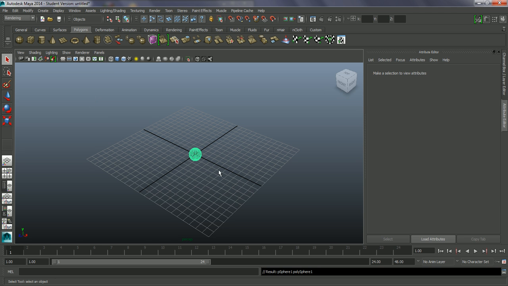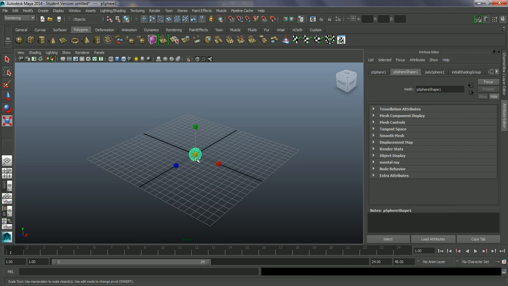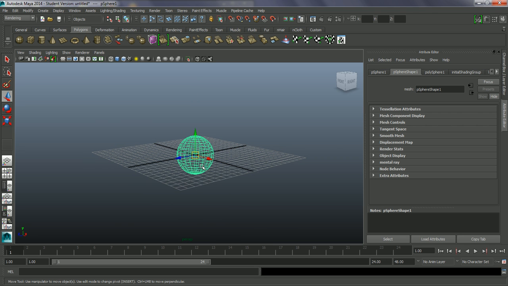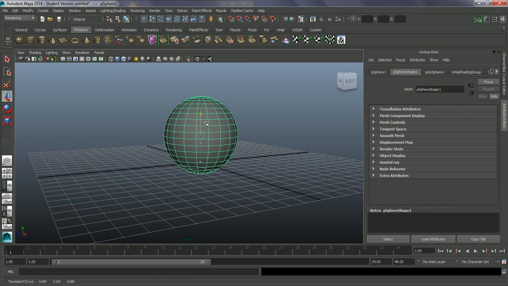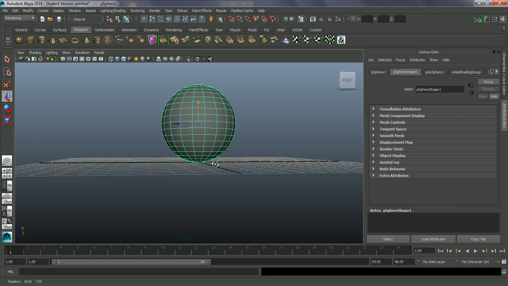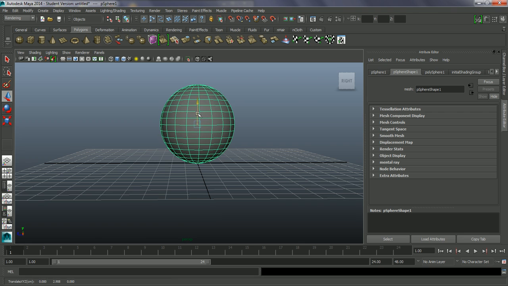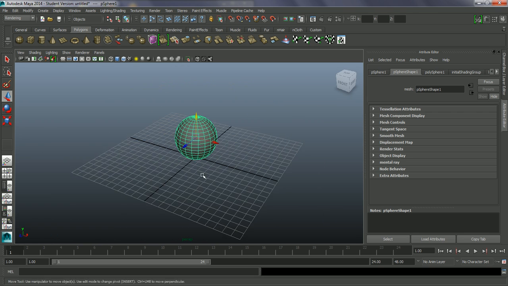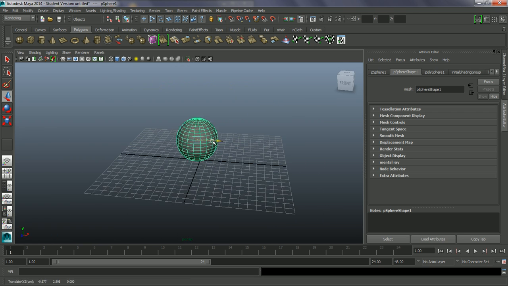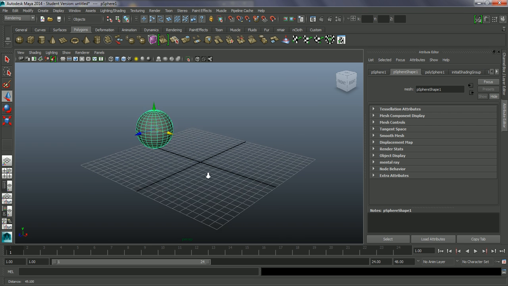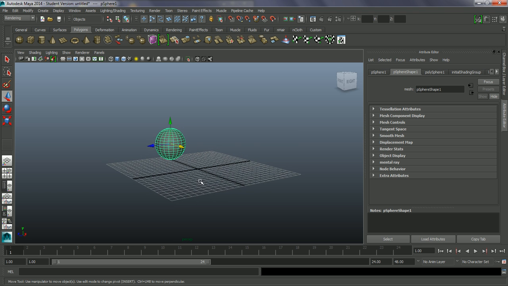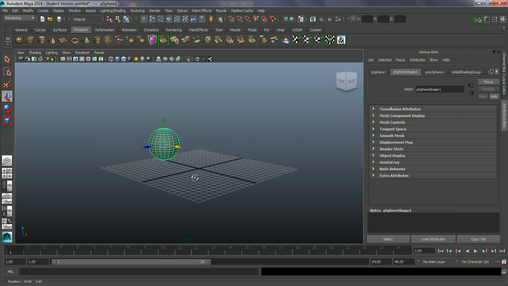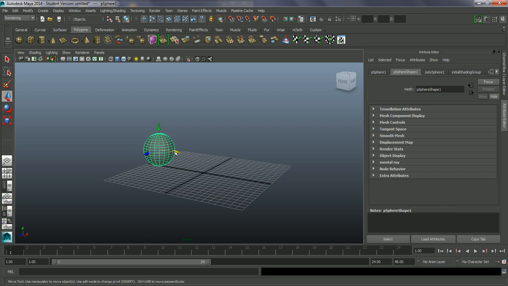So what I'm going to do is just create a ball. Let's go into the scale tool. I'll just put this in shaded. And let's just drag this out roughly into the right position. Just going to move this over. What I'm going to do with this in this position on the ground,